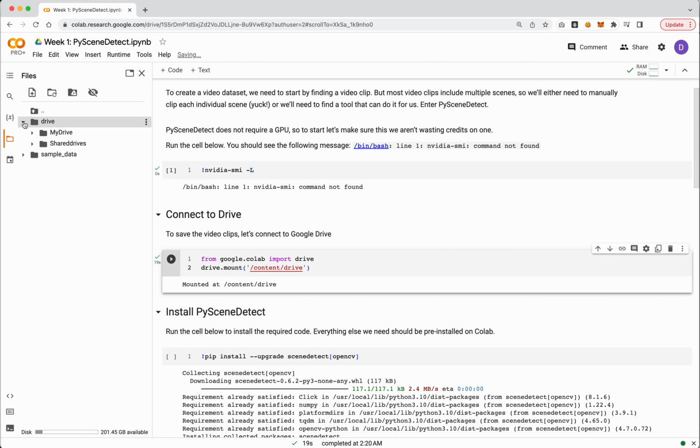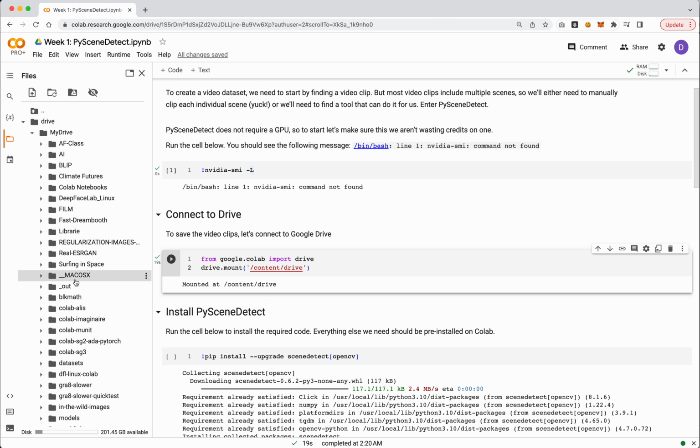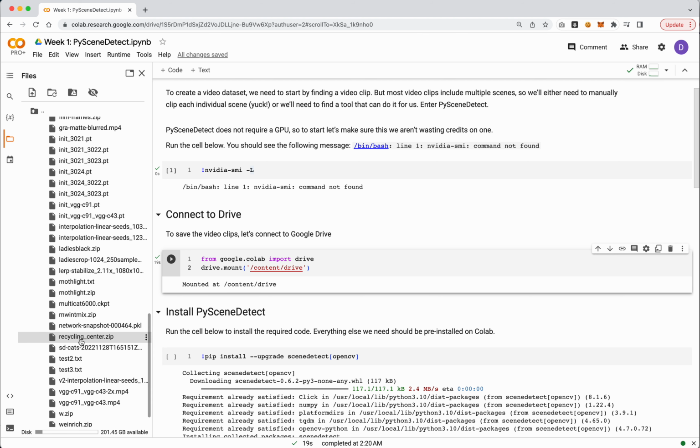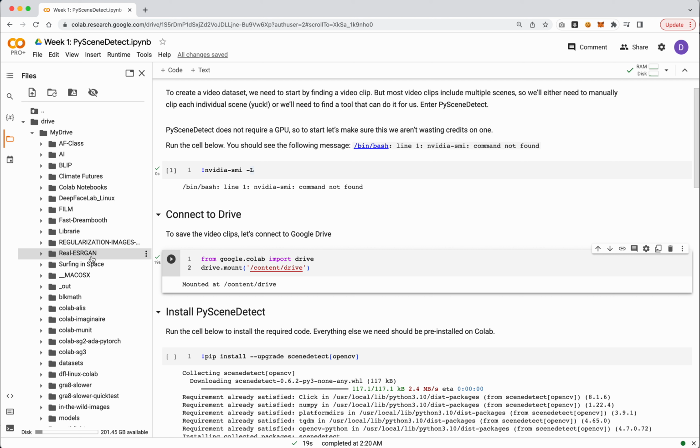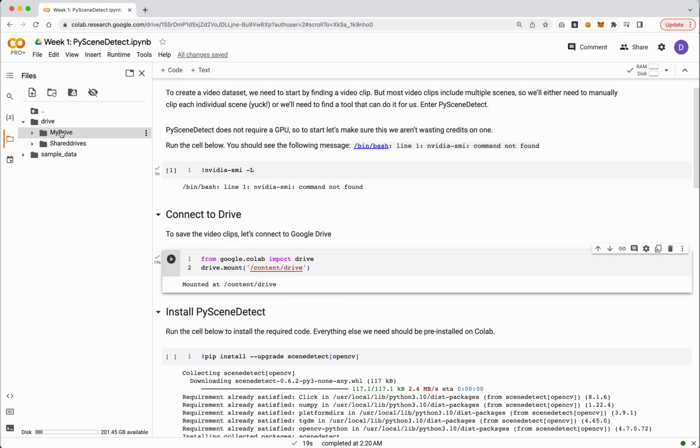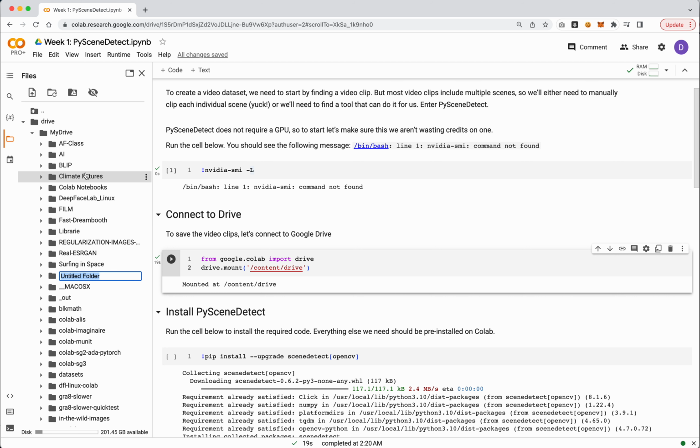Now we've got Drive, and if I look inside of my Drive, you go into Drive, My Drive, you'll see I've got a bunch of files in here. It's because I've taught many classes using this, so my folders might be a little bit crazier than yours. Apologies for having to dig through this mess. I'll try to make it as simple as possible. What I might recommend you do, just for your own sanity, is make a new folder. You can do that by right-clicking on the folder you want to create it in, and choosing new folder. Let's just call it Algo Film. This is weird because it's alphabetical but starts with capitals. It's kind of a funny thing about Colab. You'll see it is right here, Algo Film.